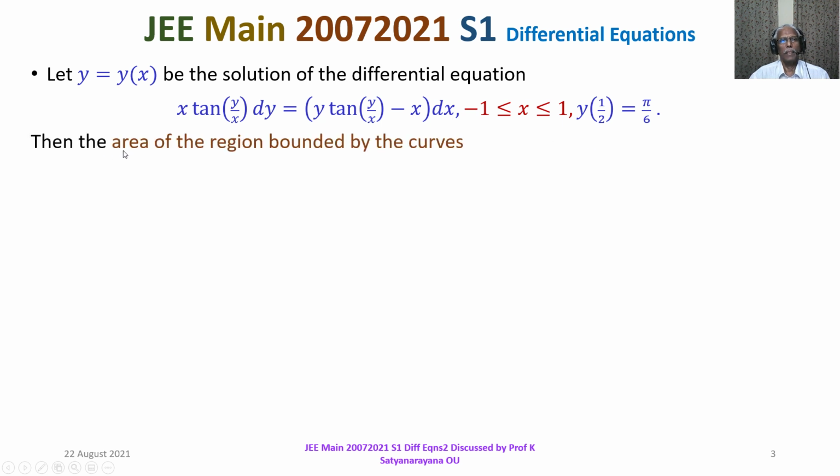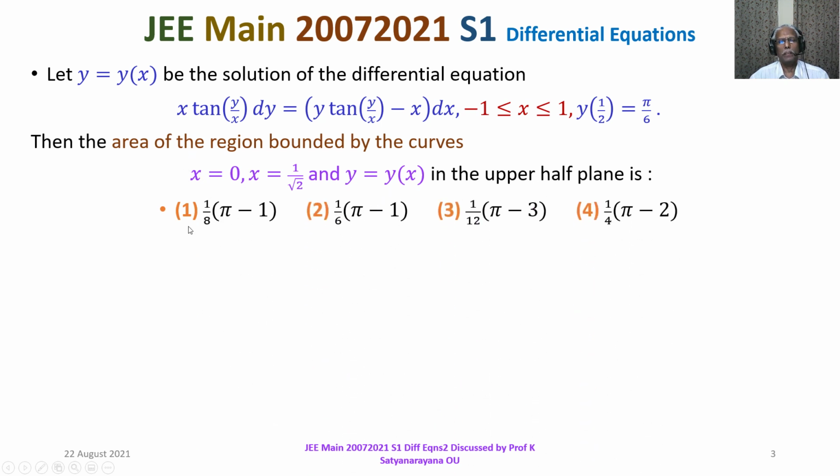Then the area of the region bounded by the curves x is equal to 0, the ordinate, x is equal to 1 by root 2, the ordinate, and the curve y is equal to y of x, which is the solution of the differential equation, in the upper half plane is,